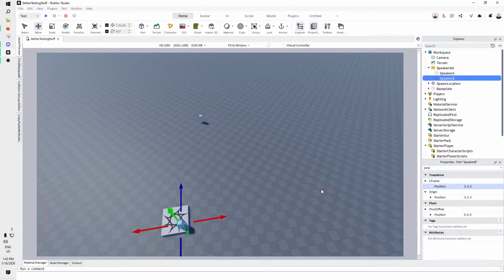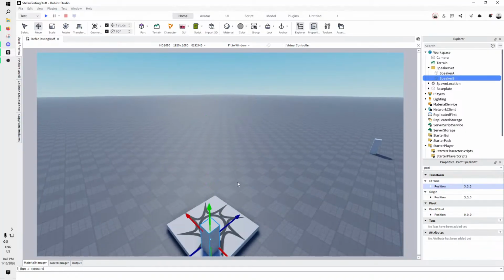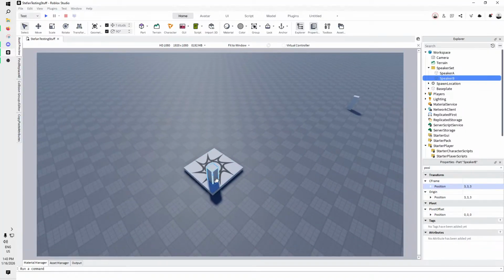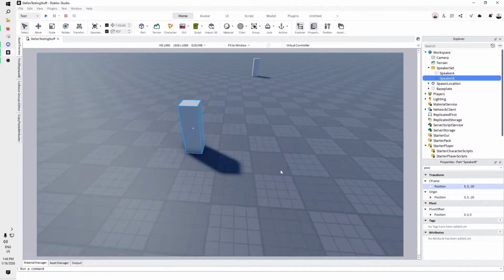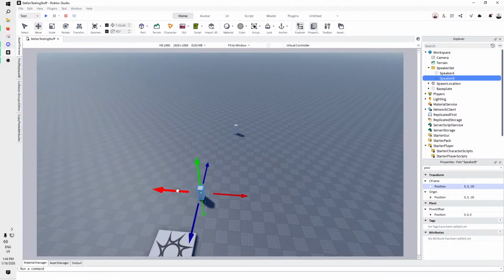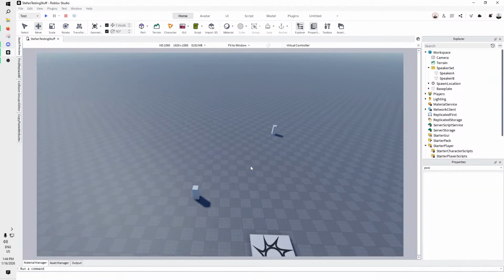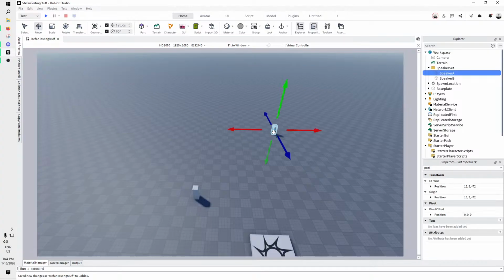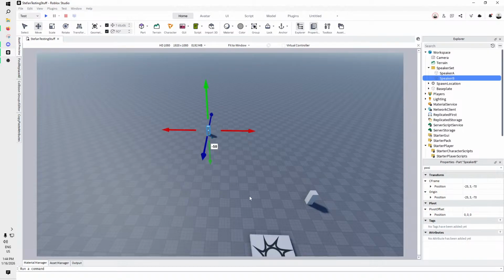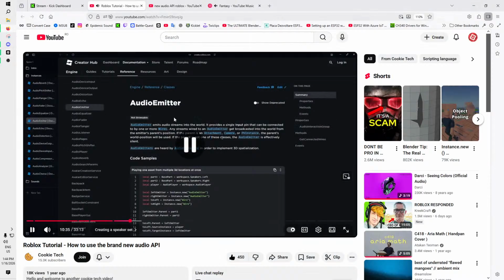And if we have a look at the documentation here, you can see an audio emitter emits audio streams into the world. It provides a single input pin that can be connected by one or more wires, and any streams wired to an audio emitter get broadcasted into the world from the emitter's parent position. If the parent is an attachment, camera, or PV instance, the parent's world position will be used. If the parent is not one of these